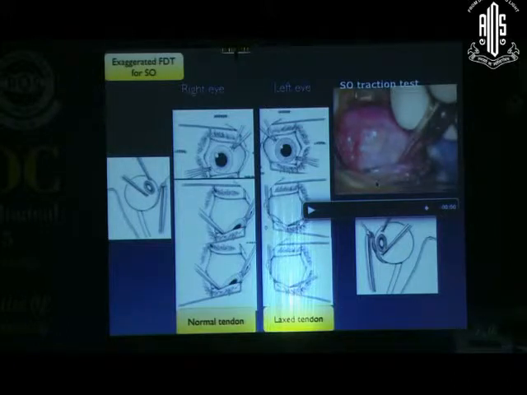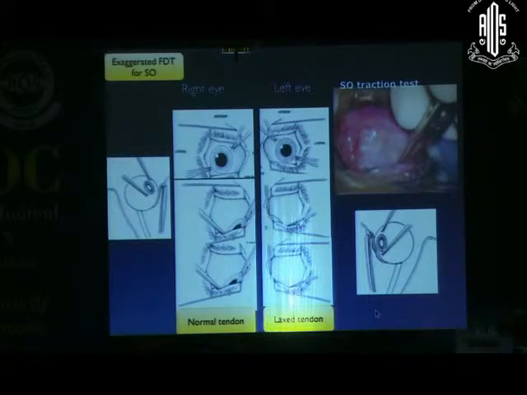In case of oblique muscles, you need to push the globe backwards in order to see the full traction on the superior oblique. And you will find that you are able to do it very easily because it's not having the normal tone also. Otherwise, it's a lax superior oblique. So you can easily push it behind, and then when you move it, it allows you to move, and there is no knife edge movement. If it is a normal superior oblique, you will feel a little bit as if it's on a tight rope, a ball is rocking. And if it is tight, then you won't even be able to push it backwards, and it will just rock even at the outset.